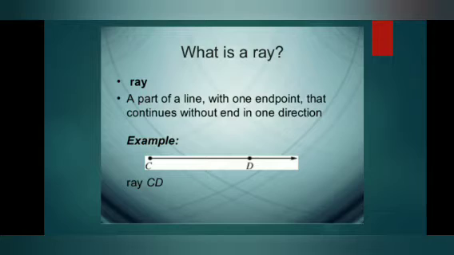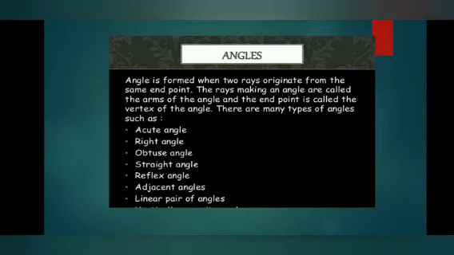What is a ray? A part of a line with one endpoint that continues without end in one direction. Example, ray CD. Now moving on to angles. An angle is formed when two rays originate from the same endpoint. The rays making an angle are called the arms of the angle and the endpoint is called the vertex